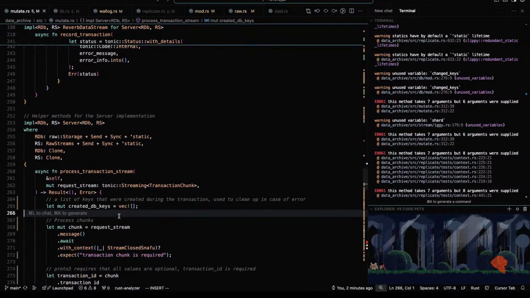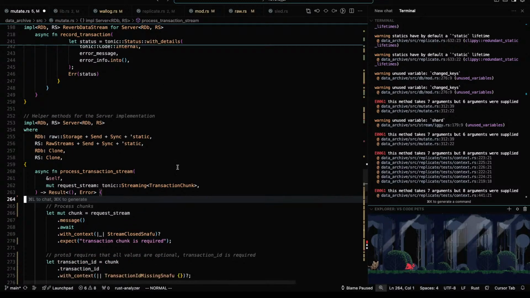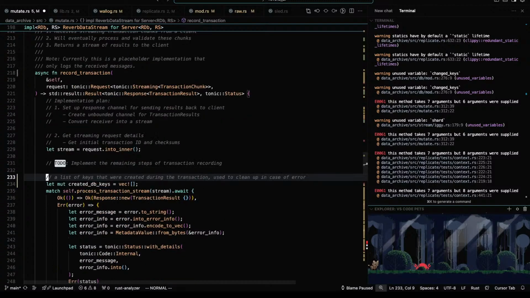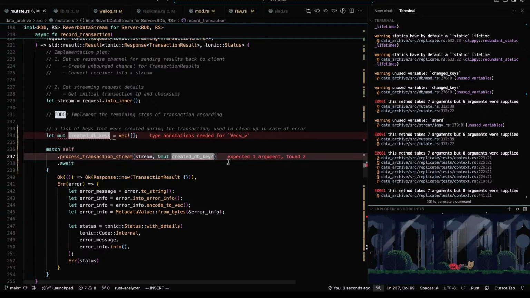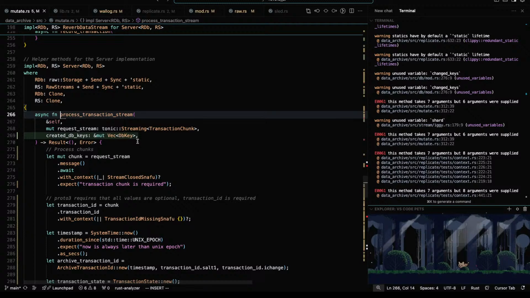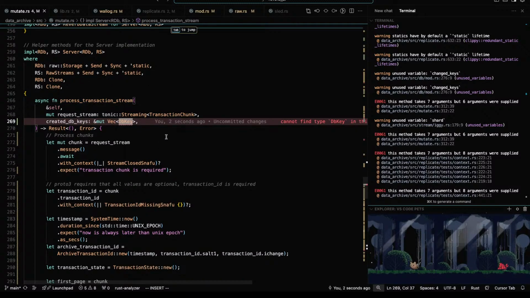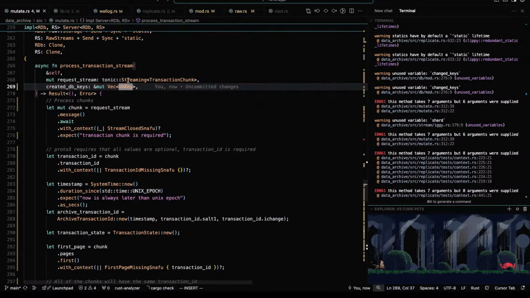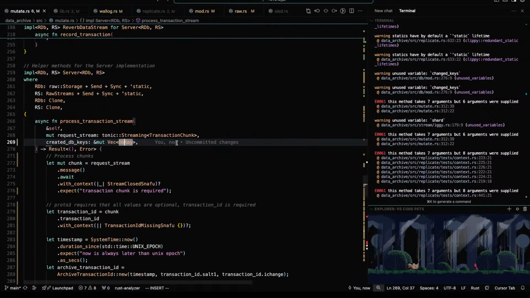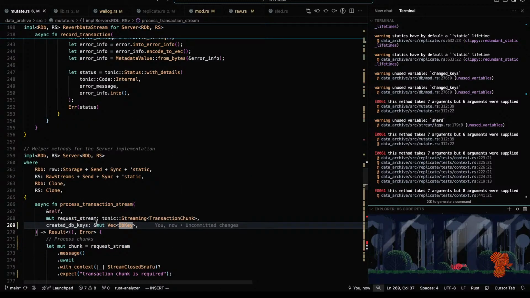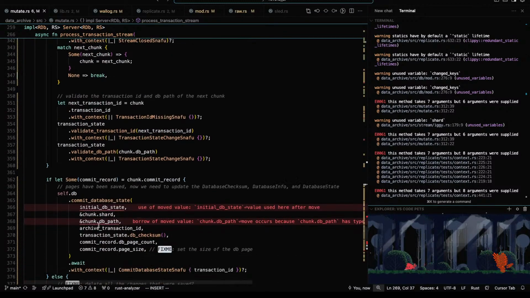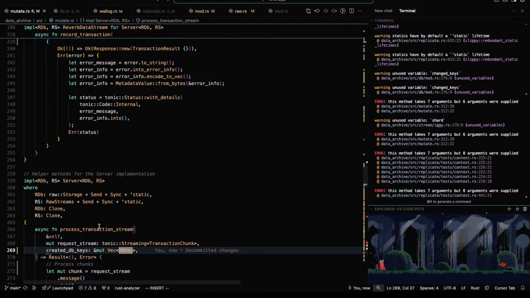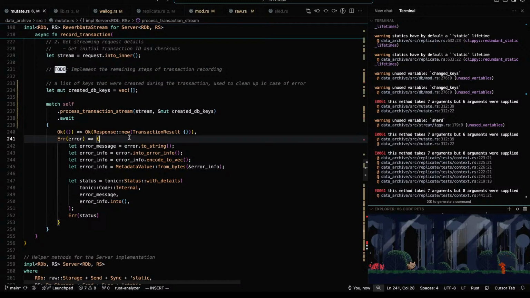Yeah, let's do that. So then, if anything in here fails, we just keep track of all the keys. If anything fails, and outside, at this point, clean up.